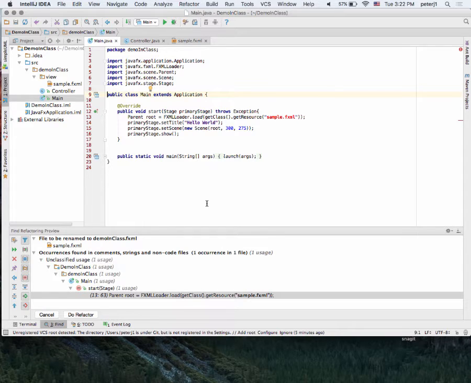and then this is the interesting piece here. Here's our main function, right? Our main method. And what does it call? It calls a function called launch args. Well, what the heck is that? There's no launch around here. Well, application is the parent for any JavaFX class. So when we created a JavaFX project, it automatically said, okay, we'll call it main, but we're going to extend